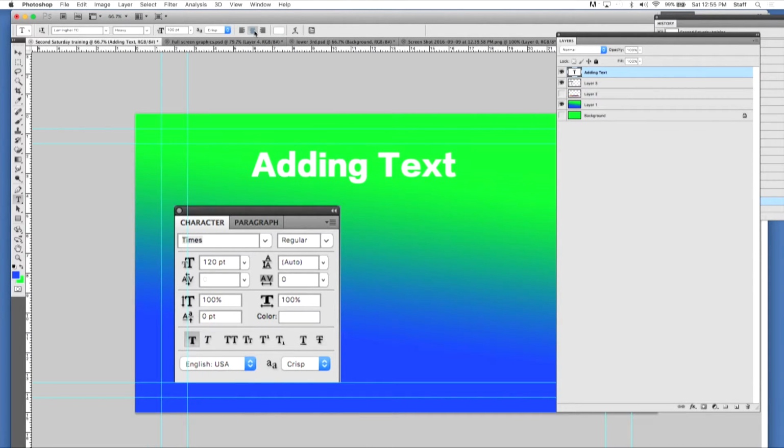And I think that's going to work well for the way I've got this graphic. Some of the other things I will have to use the left justification when we add the little paragraph of stuff. So let's move on to another text layer. So now that I want to make a new text layer, I click the text tool, I click where I want it to start. I want to make it left justified, which means it's going to start typing from the cursor that way, instead of typing from the cursor and making it center and making the words come out like that,